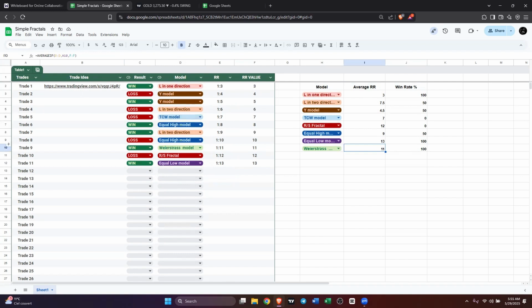For example, you found that one of the models has a risk to reward ratio of 1 to 5 or 1 to 4. So you will focus on this one more in your trades, okay? Let's say, for example, you found that the A in one direction has a win rate of just, let's say, 40%, okay? So right here, what you should do before you start with the next 10 trades right here,